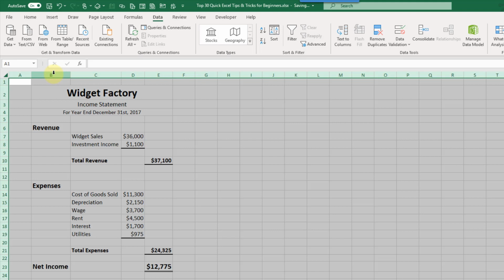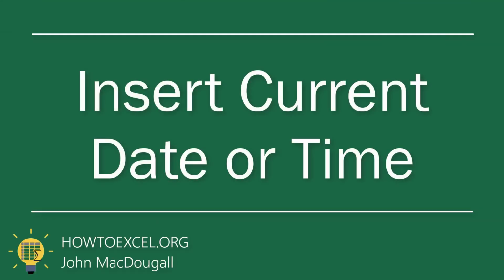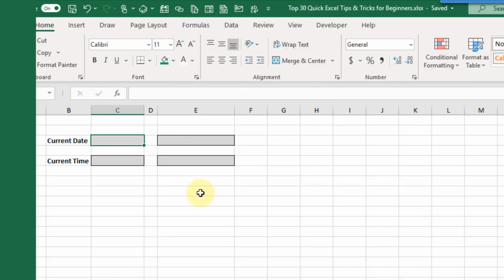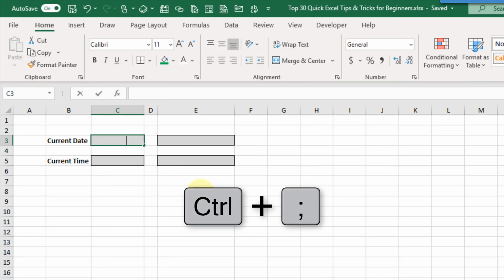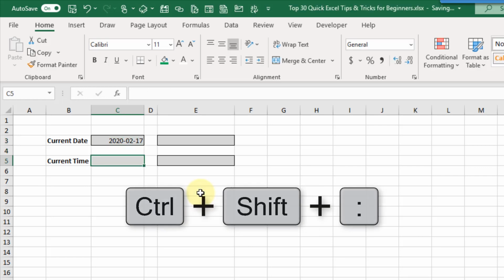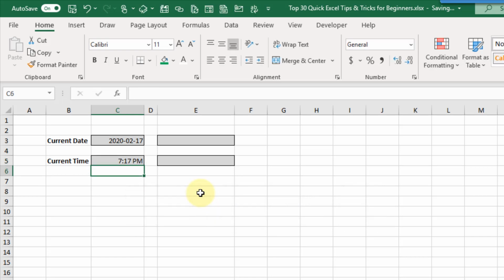We can quickly add the current date or current time into a workbook using a keyboard shortcut. So Ctrl and semicolon is going to add the current date into the workbook, and Ctrl Shift semicolon is going to add the current time into the workbook. Now these are going to be static values and they're not going to change or update,